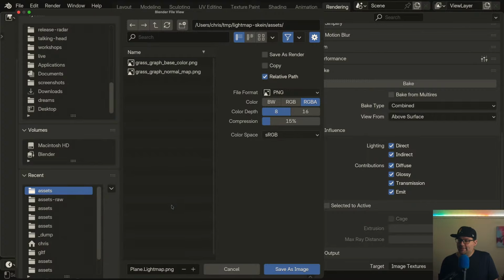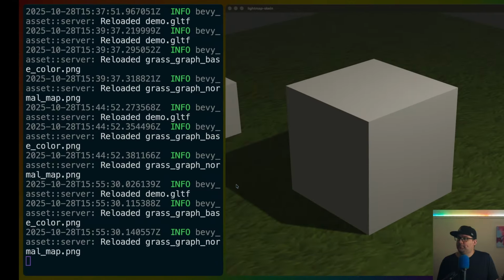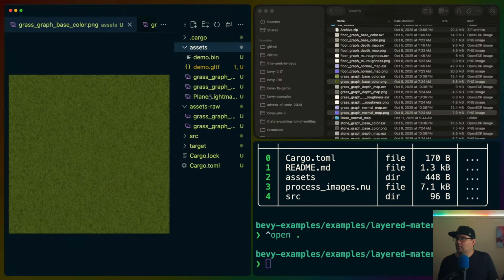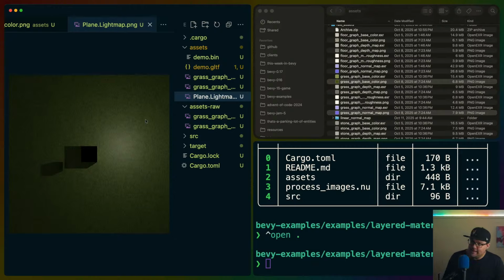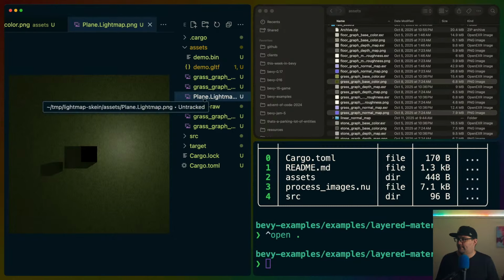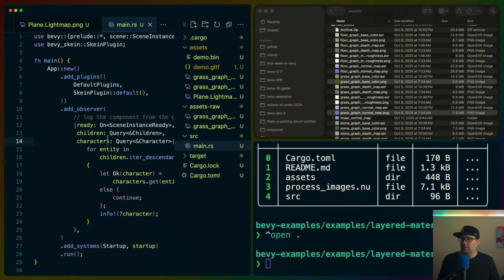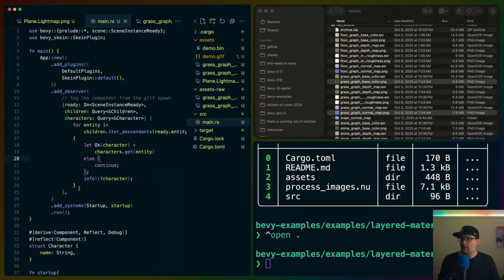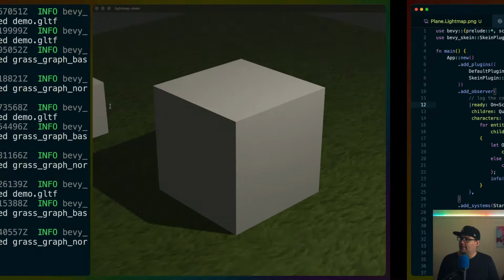So this goes into assets. This is plane.lightmap.png. We're just going to save it there. So we have plane.lightmap.png now. And for now, we're going to do this manually. So how do I want to do this? I want to go to main. We've got an on-scene instance ready. Let's do,